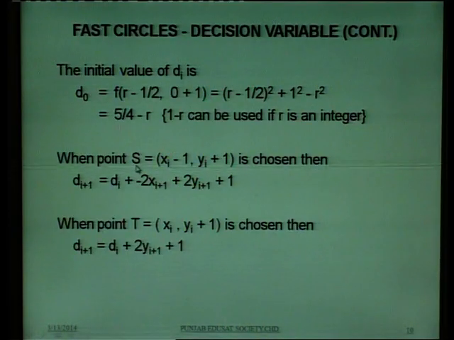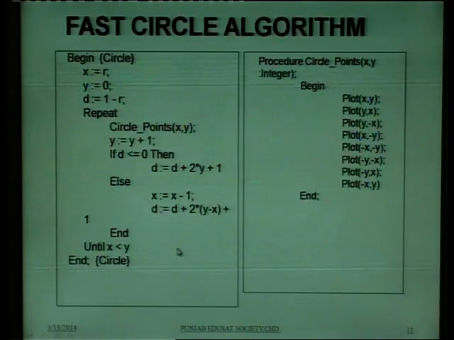When you are finding the pixel at point S, then the value of x and y is chosen and the value of di plus 1 is equal to di plus minus 2 xi plus 1 plus 2 yi plus 1 plus 1. Then at the point t, which is the pixel which is found when the value of E is greater than 0, the value of di plus 1 will be di plus 2y plus 1 plus 1. So, this is the